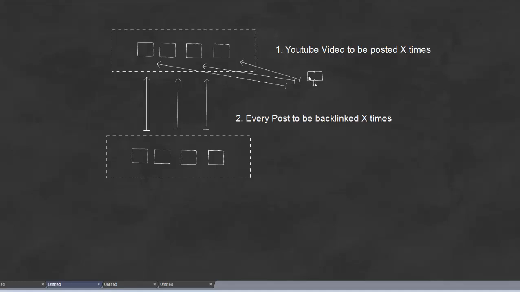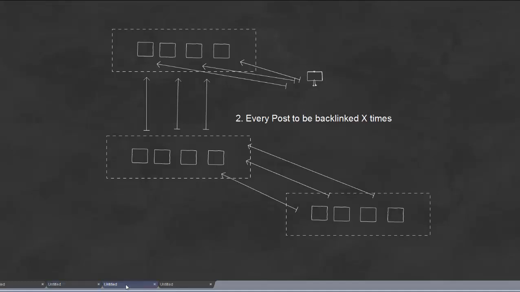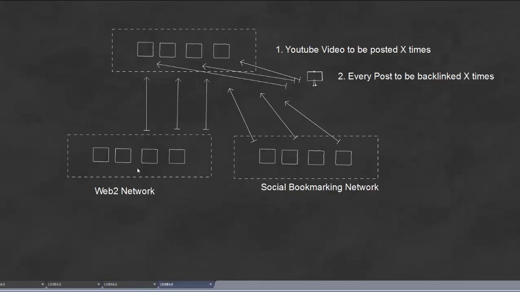So essentially every time the system creates a post with a YouTube video embedded, it will be automatically sent to the lower tier and posted 3 times, creating 3 backlinks going up to the upper tier. Using the same approach, you can create more advanced linking strategies, combining your own networks or shared networks, combining different types of networks, Web 2 networks, social bookmark and social, and so on. Thank you for watching.